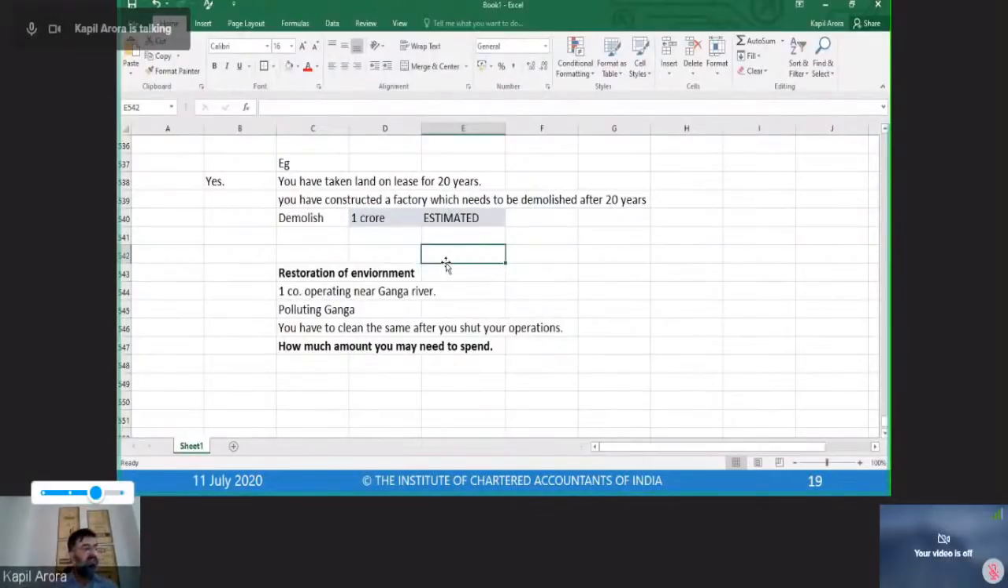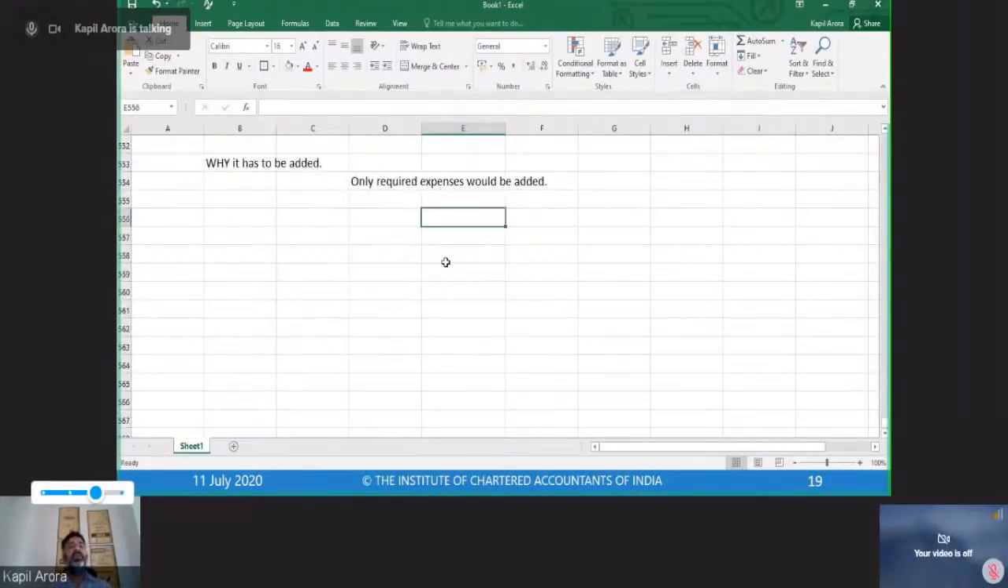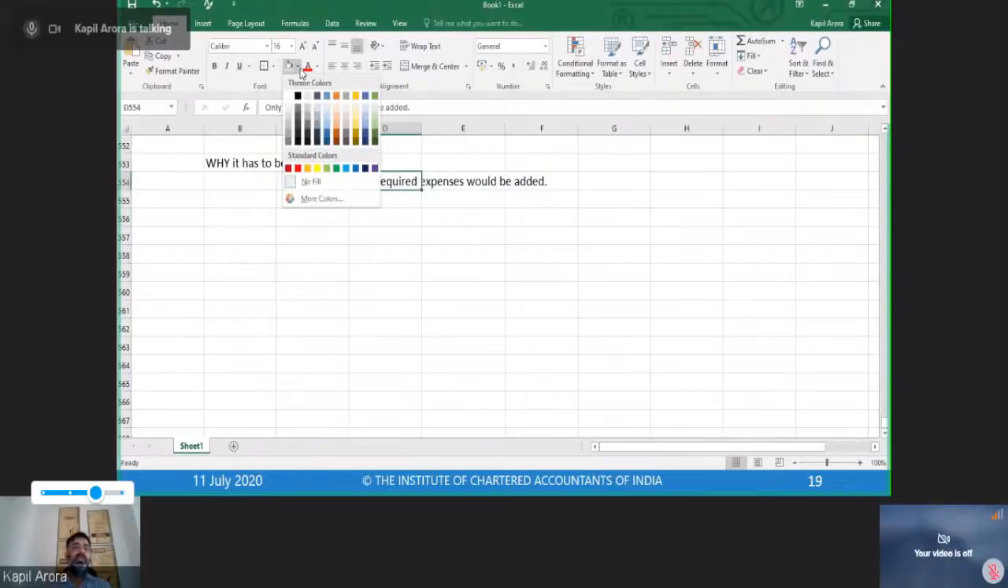Right? It will always be estimated. Nobody can tell how much amount would be required at the end of the 20th year. Nobody can tell that. But now coming back to this, why? Why are we adding this? Because we have seen that only required expense